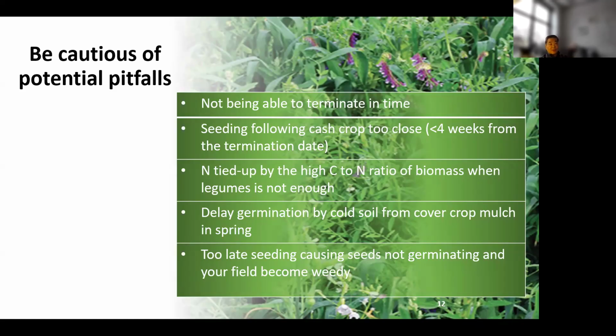If you grow another crop, for example fall rye or winter wheat, and those cover crop seeds didn't germinate early, they would come up at a later time and become a weed for your next crop. That's what